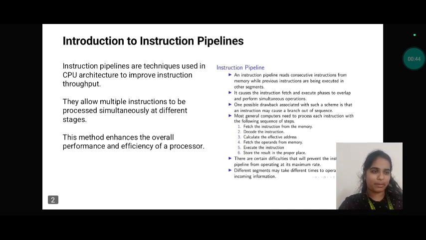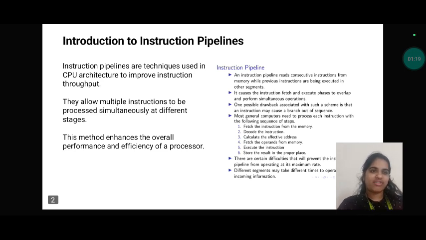The instruction pipeline reads consecutive instructions from memory while previous instructions are being executed in other segments. It allows the instruction fetch and execute phases to overlap and be performed simultaneously. One possible drawback of such schemes is that an instruction may cause a branch out of sequence. Most general computers need to process each instruction with the following sequence of steps: